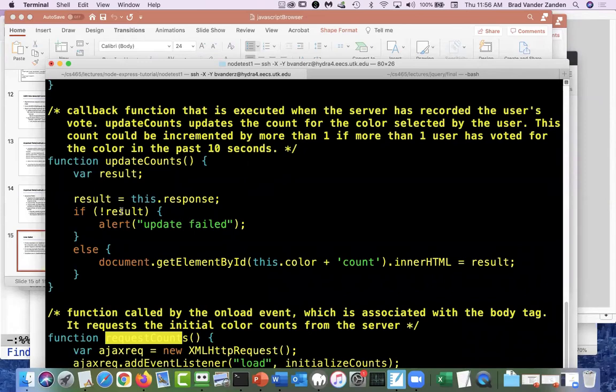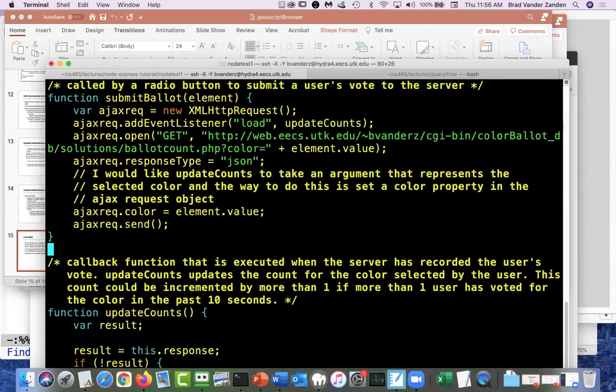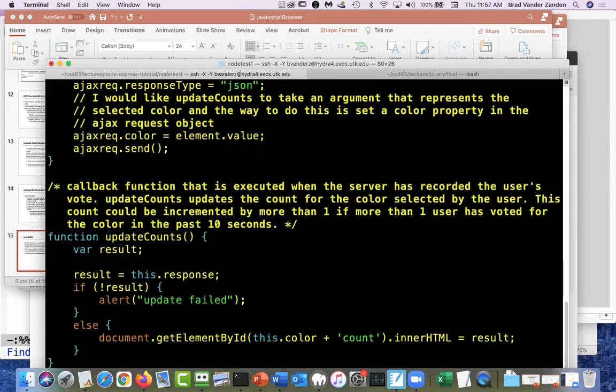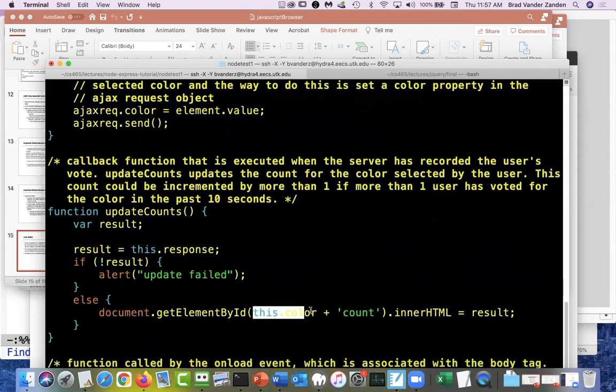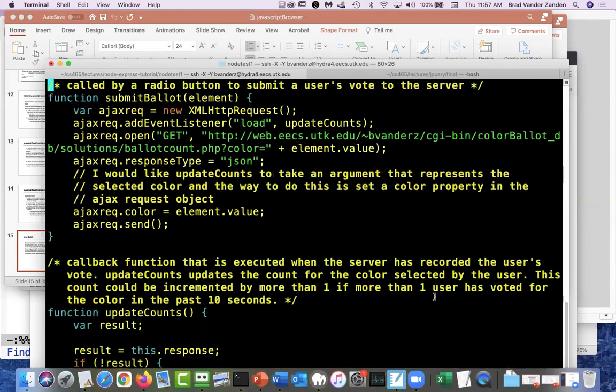I already knew the color because I saved it up here. So here I saved the color. So I'm actually using that saved value for the color, and then the inner HTML I'm setting to whatever the result was. And if we look at the script for ballot count,